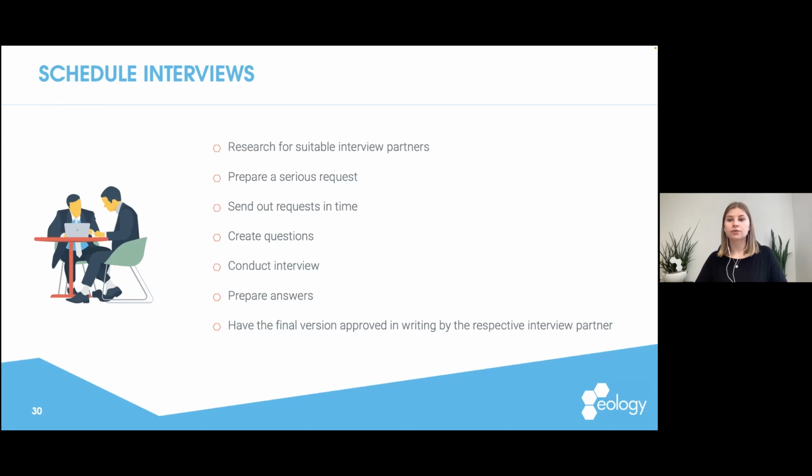When you want to do interviews, those steps are very essential. First of all, of course, you have to research suitable interview partners. Then you request them. What you have to keep in mind is to send out your requests in time and keep your overall timetable in mind. So if you have an external partner, you always have to plan in a buffer for proofreading, for when he's